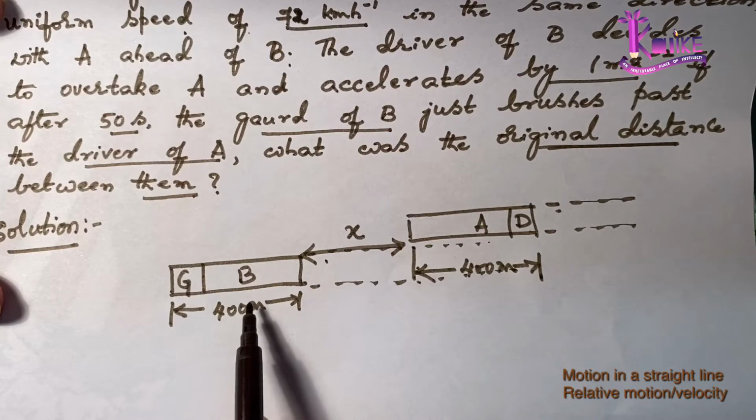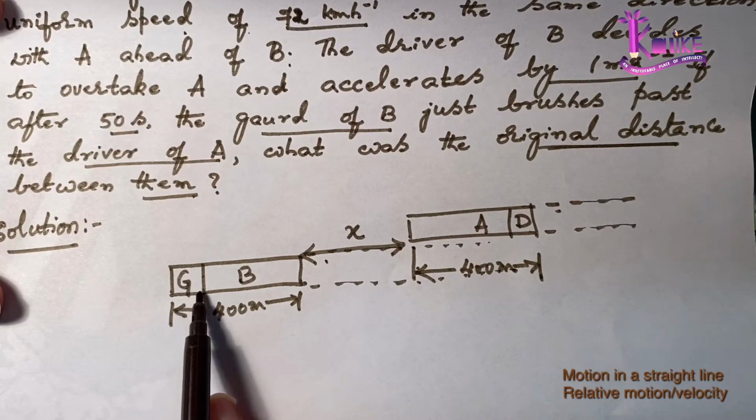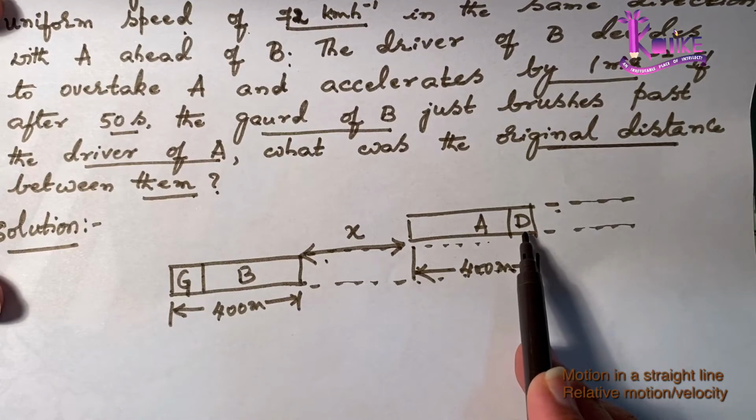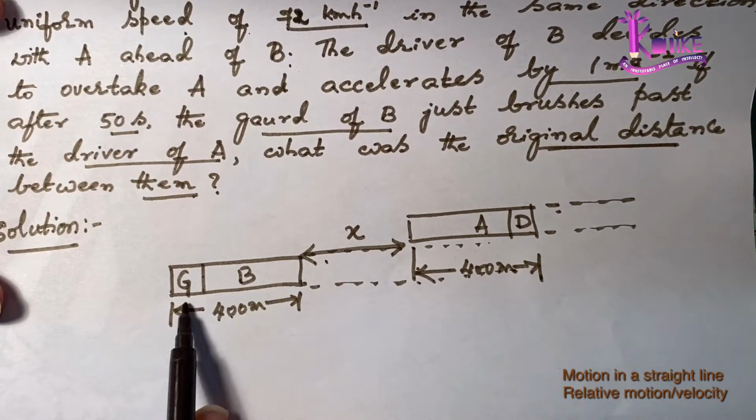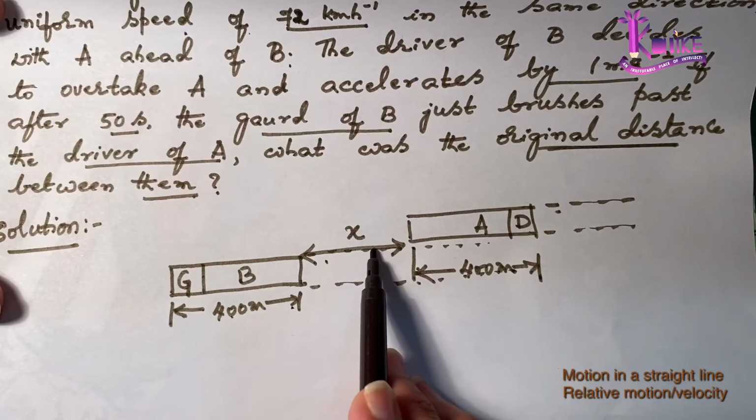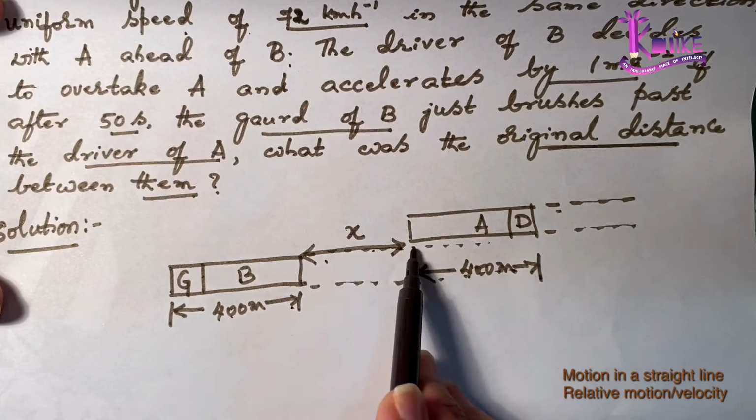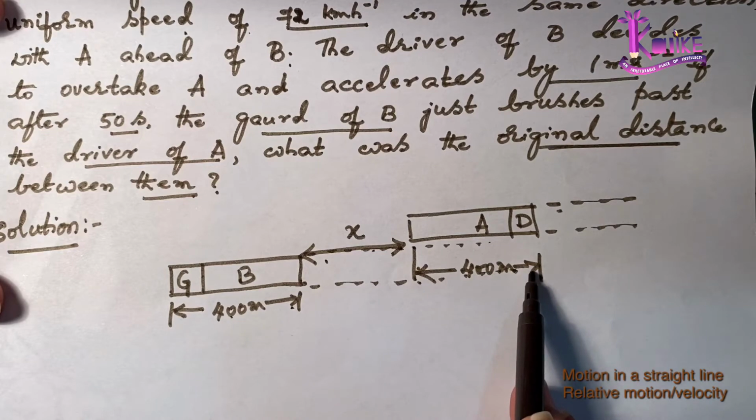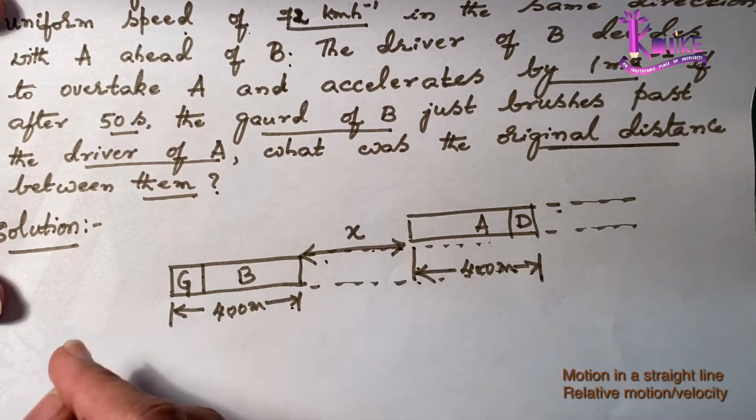So when you look at the diagram, it is very clear. The distance between the guard of B and the driver of A initially is the length of the train B plus X, which is some separation we have to find out, plus 400 meters, which is the length of train A. So let us write down